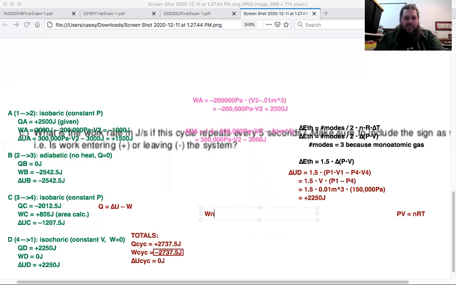Because we want to know in part C, work rate, work over time, if the cycle repeats every 5 seconds. So we want to know work over time. We know how much work is in one cycle. We know that that cycle repeats every 5 seconds. So if we just divide those, work for one cycle,